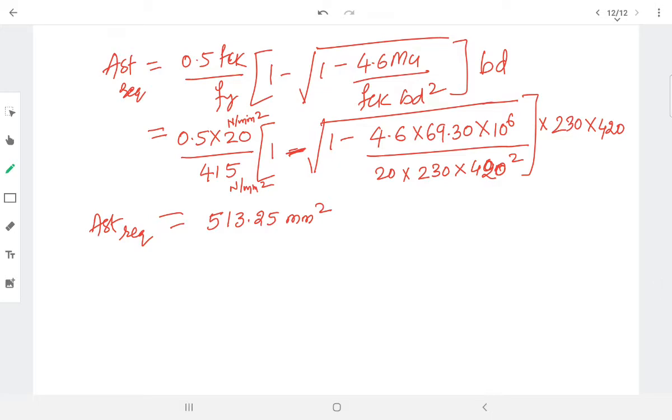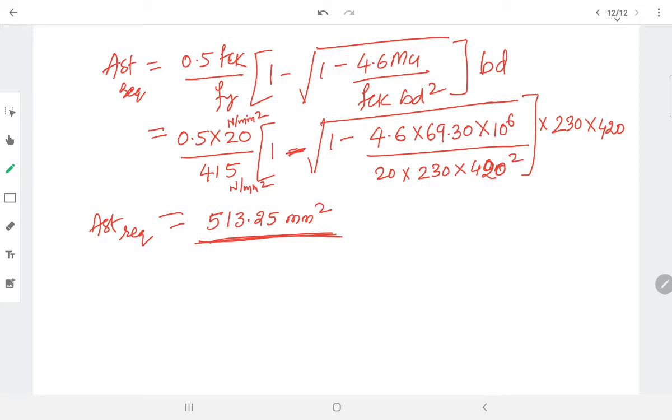So here what I will do, okay, if you become an engineer, if you are constructing any of RC structural elements, there we have a beam, you are not supposed to say to the worker that you provide 513.25 mm square. Okay, that is not possible. He will not be able to get it. The mason cannot find out the area of reinforcement. So instead of that, you have a language, you can say it in bars. Okay, how many bars to be provided.